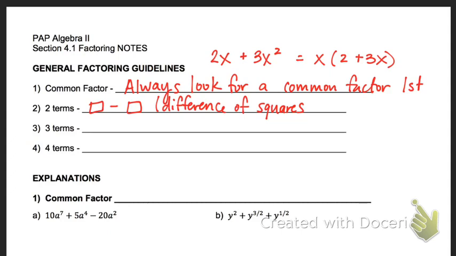So what you did for your warm-up is you FOILed. Foiling is the opposite of factoring. So a question I might give you on a test is these blue boxed expressions, and I'll say factor these. And you would go backwards. Okay? That's what factoring is. So it could be a difference, or